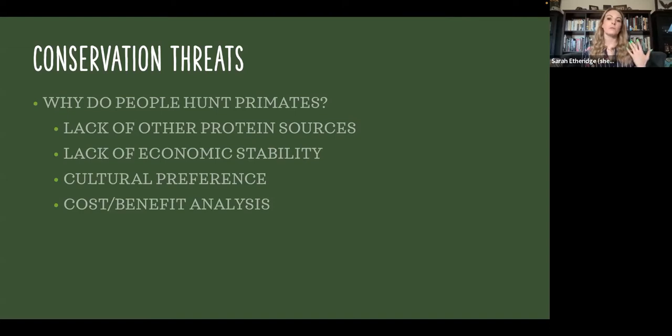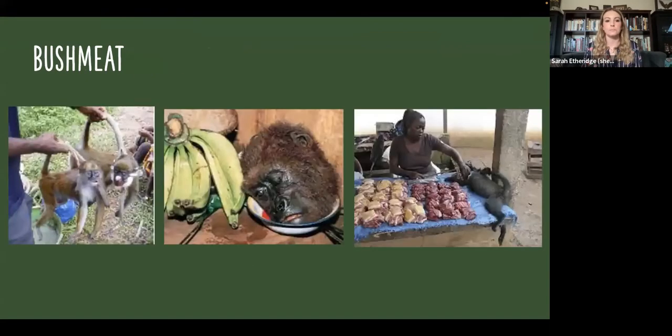And then if that animal happens to be rare and so will fetch you a higher price at market, then of course you're going to go after that animal. But what does that do? It reduces the population more, makes the animal more rare, which makes it more valuable. And you start to have this snowball effect, which usually leads to extinction.